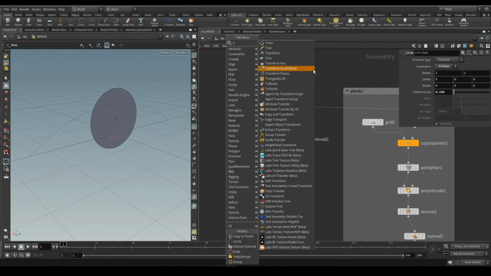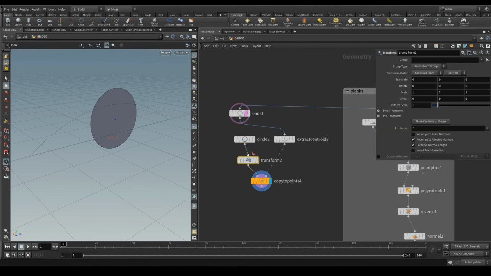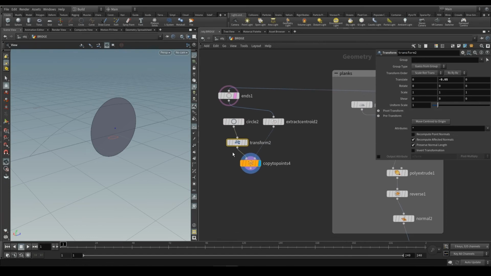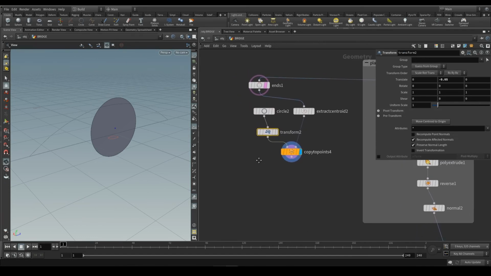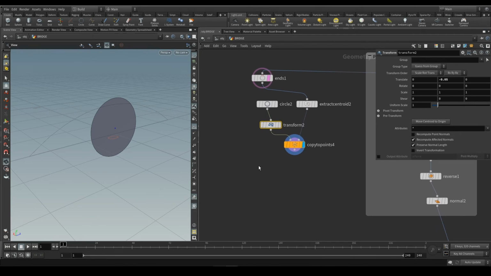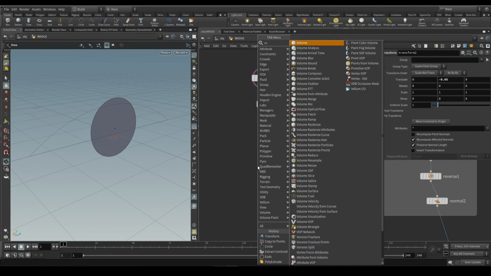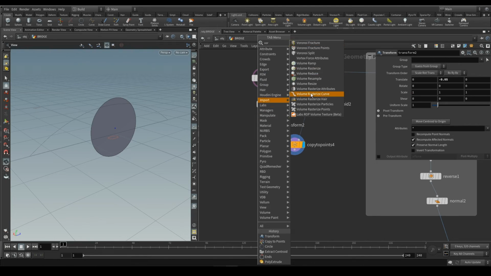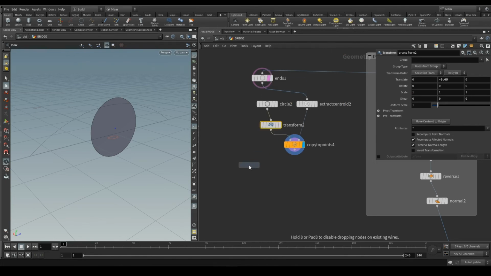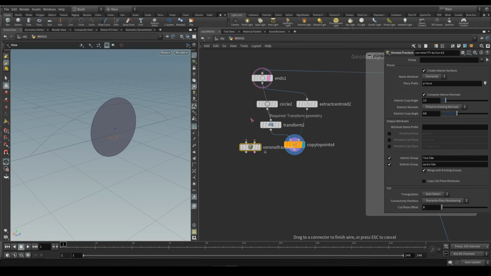Maybe you want to transform the cycle to move it down, up, to change the shapes. It gives you a better control. But at the end, the result will be used to make a voronoi fracture on the original shape,